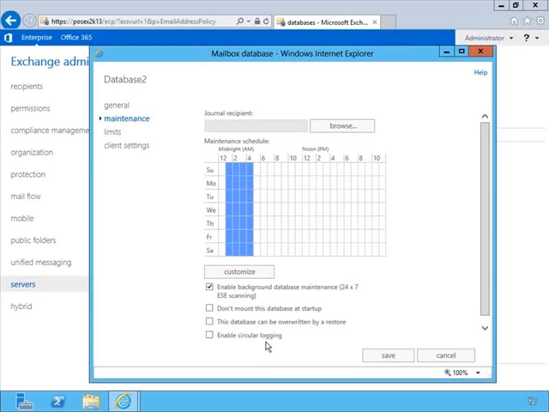But it's important to note that when you enable circular logging and those transaction logs do not build up, then you're actually affecting your ability to backup and restore data. So essentially, when it's enabled, you can only perform full backups of the Exchange database. You can no longer perform incremental or differential backups because there are no transaction logs to be used there. And then if you have to restore a backup, you'll always lose any data that's been added to the server